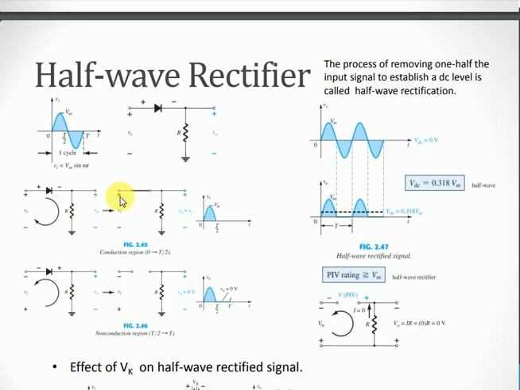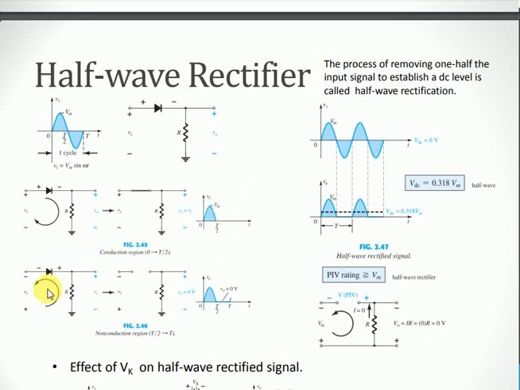So all the input voltage appears across the load resistor. When the positive cycle is applied, having the maximum voltage of Vm, we get this result. Here we have the same signal as the input signal, because across the diode there is 0 voltage drop. So the whole voltage appears across the resistor R.